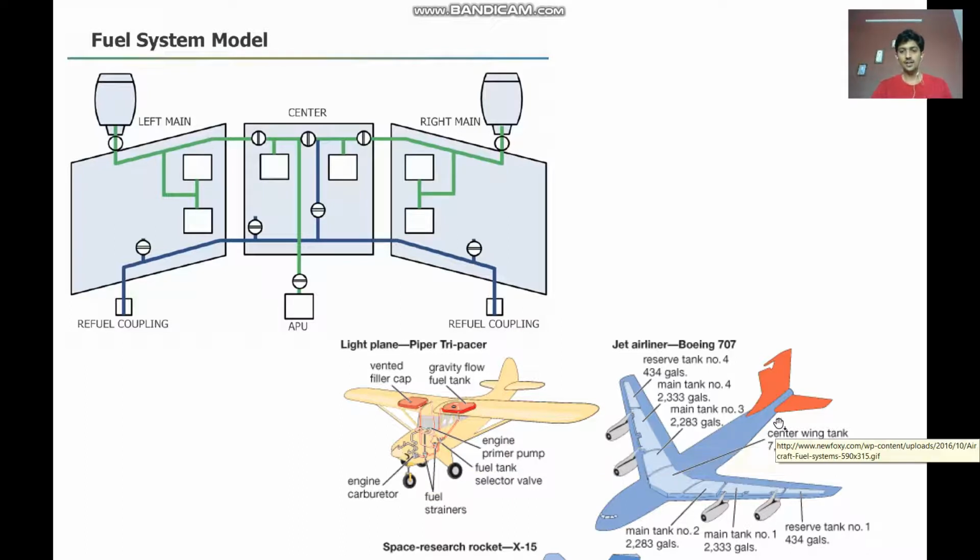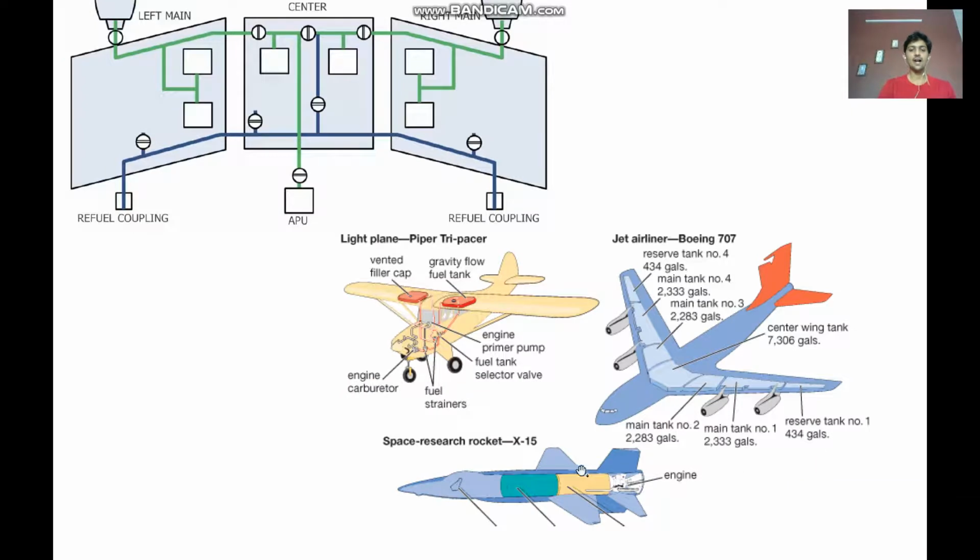Now, if you look at this diagram, this is a commercial aircraft where we can see there are many types of tank in each wing. In the left side wing we can see there are two main tanks and one reserve tank. Similarly on the right side wing there are two main tanks and a reserve tank, and at the center we have a central wing tank. This is the fuel tank, and we have a similar system on these aircraft. Similarly, if we have any rockets, which is out of the syllabus, in rockets again there will be propellants, oxidizer, and fuel in two different tanks, and based on the requirement that will be supplied to the engine.